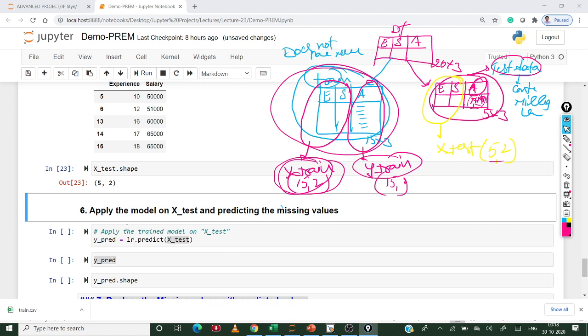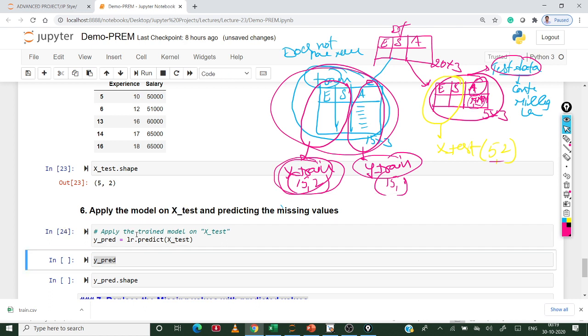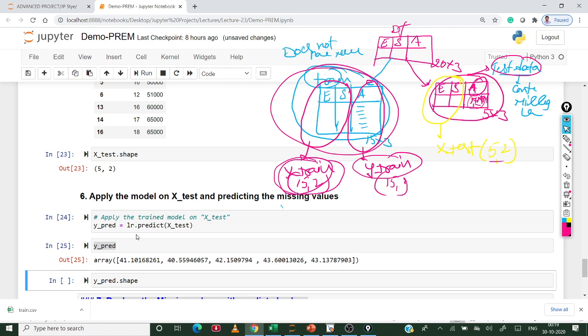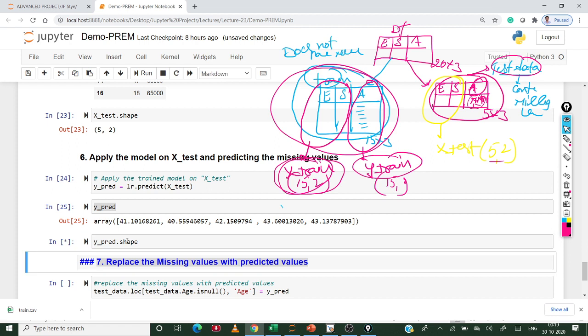Step number 6, apply the model on X test and predict the missing values. So here we apply the model on X test and we get the Y predicted values. This is the Y predicted values, and if you see, the predicted shape is only 5.